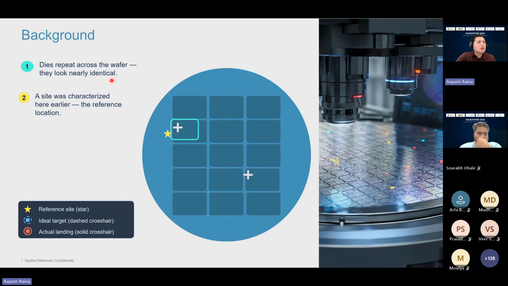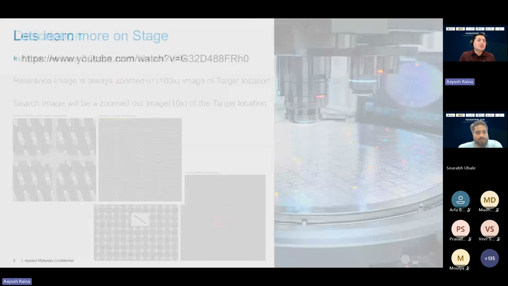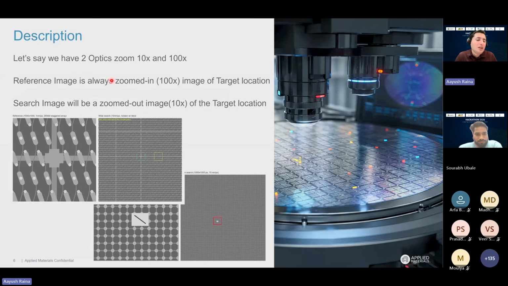But I'm just saying that don't try to digress from the core problem itself. I tried to give you the fundamentals, and this field is very huge, and that's why we are only talking about a very narrow subset of the problem. First of all, we want to see whether you can solve an imaging problem. This is the reason why I mentioned in the first slide that it's an imaging problem. So I would say you should understand more of the process side, how these images will look like as a pattern on a wafer, and try to solve the algo problem. And if you get time after that, maybe you can learn more about the background of the navigation problem.